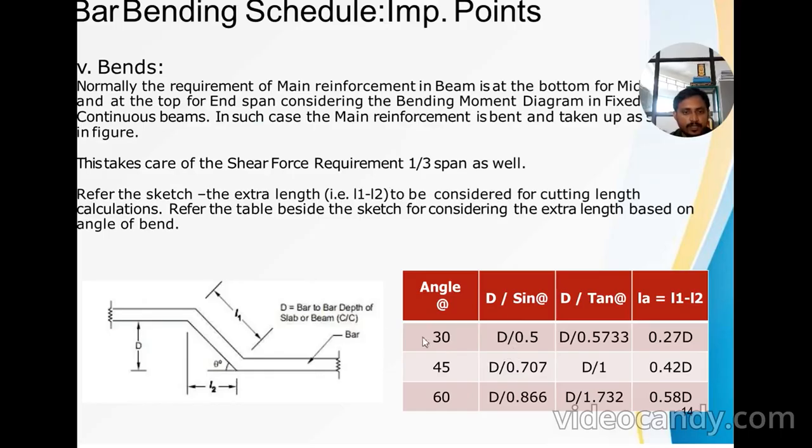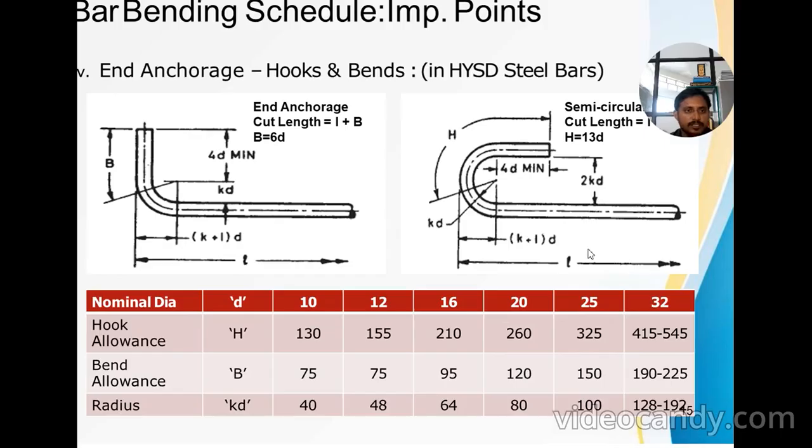So here is a bending diagram. Bar to bar, depth of the slab and theta. I already mentioned some 45 degrees or some 60 degrees will be taken based upon the dimensions, and these are some bending shapes. The diameter is 4D